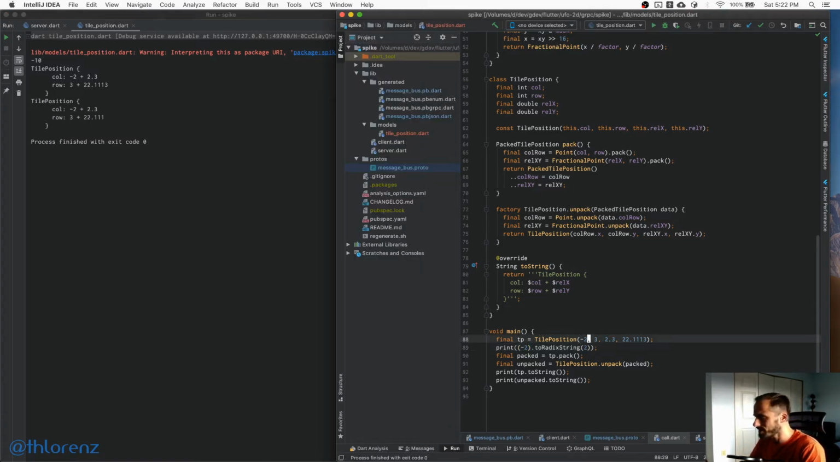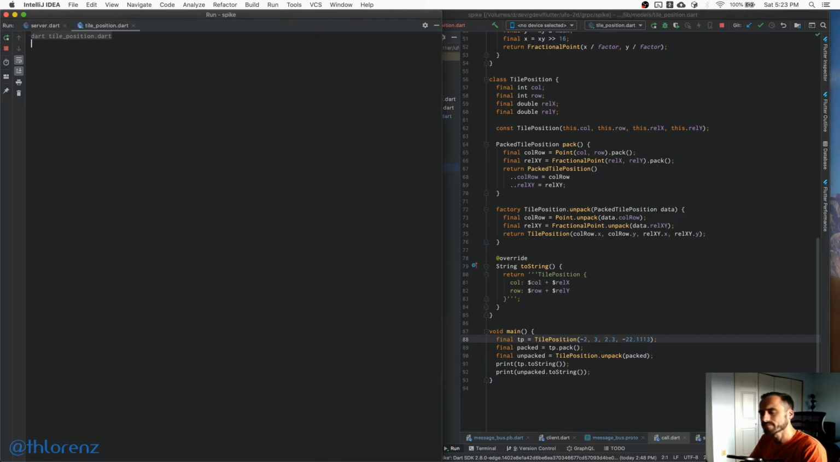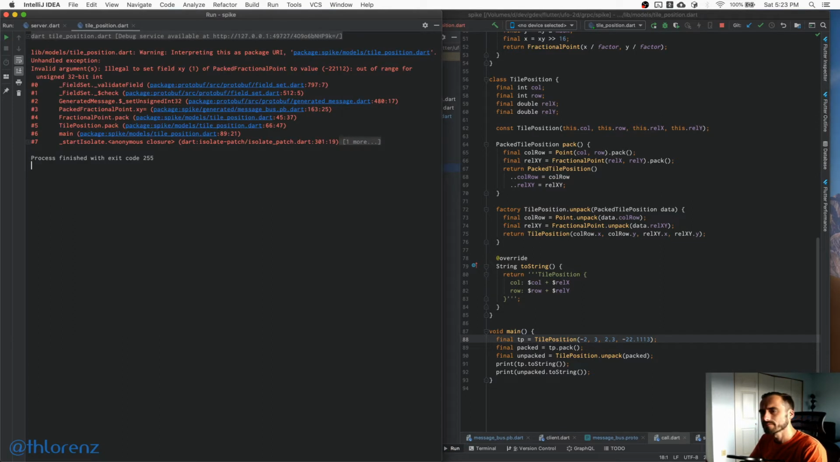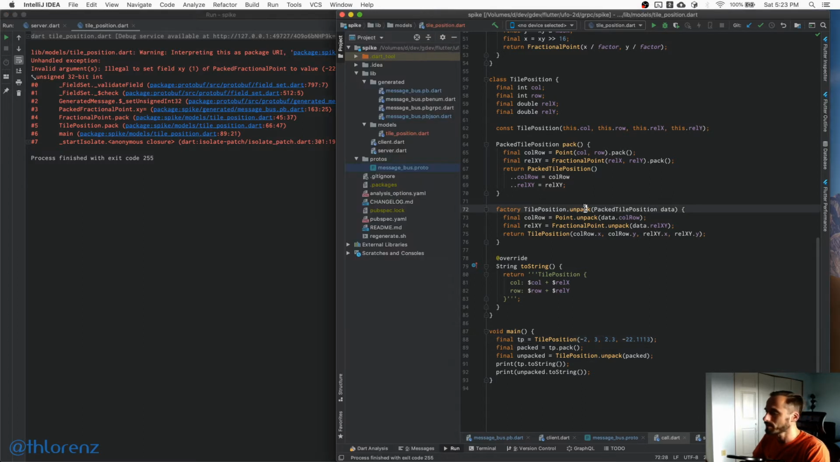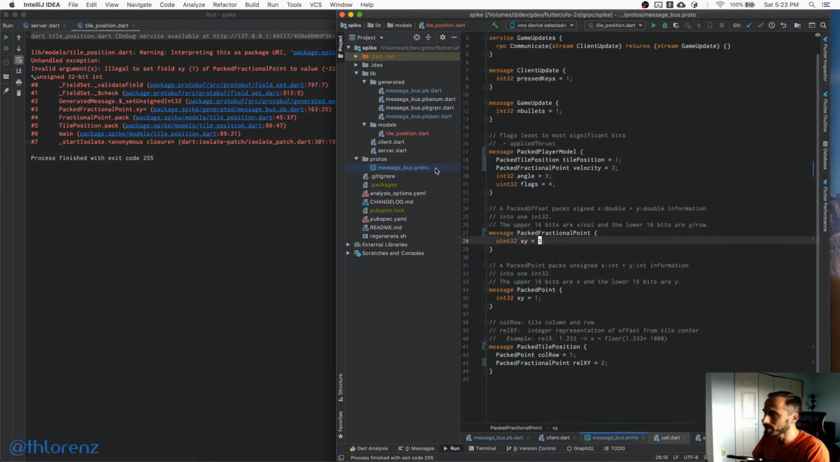I need to know how it gets actually represented under the hood. But let's try a negative here and this one also. Okay, now we have something. So we have a packed fractional point is out of range for an unsigned bit. Okay. But exactly there we actually need it. So actually this is good because we finally got the error that we wanted to verify if this